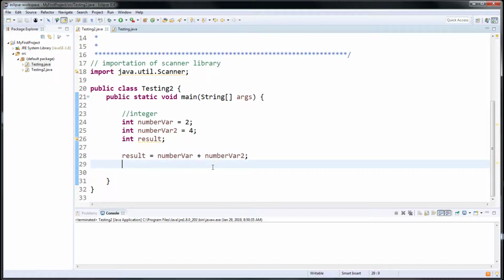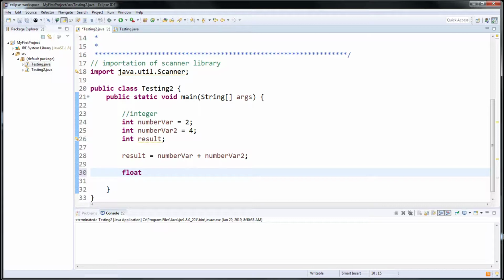All right, so let's get back into this. Let's go ahead and create a new variable. Let's say float. What floating is, it's a floating number, and what that implies is that it's up to a 32-bit precision. So if I wanted to do a new number,